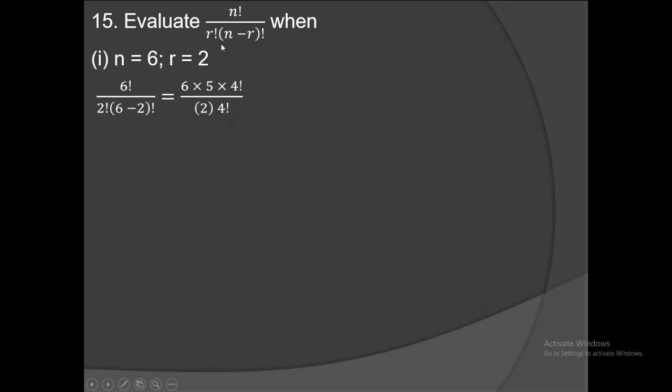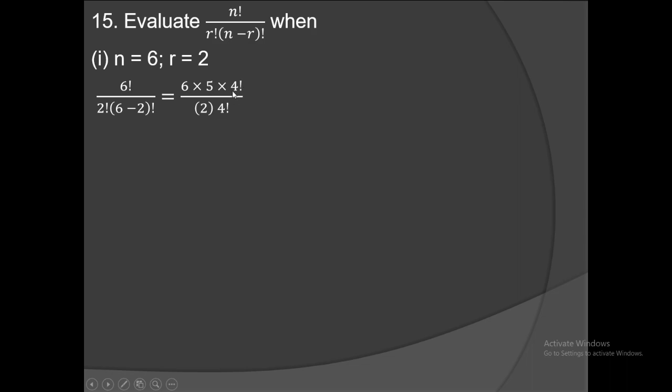So substituting that, in the place of n I have substituted 6, isn't it? And this is also 6, and this is 2, and this is 2. So that is substituted here. So 6 factorial, isn't it? 6 factorial can be written as 6 into 5 into 4 factorial. I stopped. The reason is the denominator 6 minus 2 is what? 4 factorial. So the 4 factorial and 4 factorial can be easily cancelled. That's why I start in the numerator up to 4 factorial.